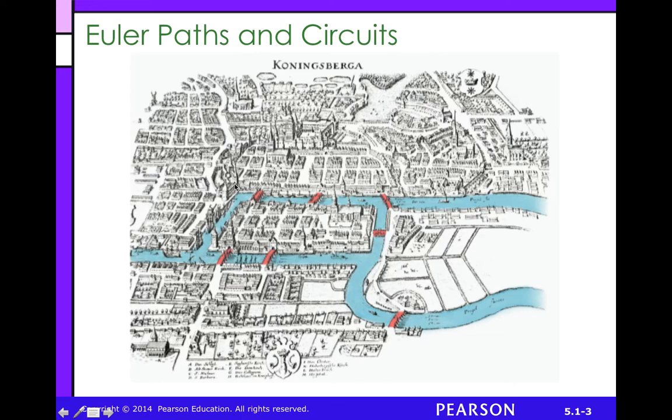So maybe you start at this building and then you cross this bridge, make your deliveries, and then go down here, and then maybe go over this one, and then over this one, and then maybe this one, and then this one. Oh, but now you've covered these 6 bridges, but you haven't been to this one yet. So to get from right here down to this bridge to make your deliveries, you're going to have to retrace